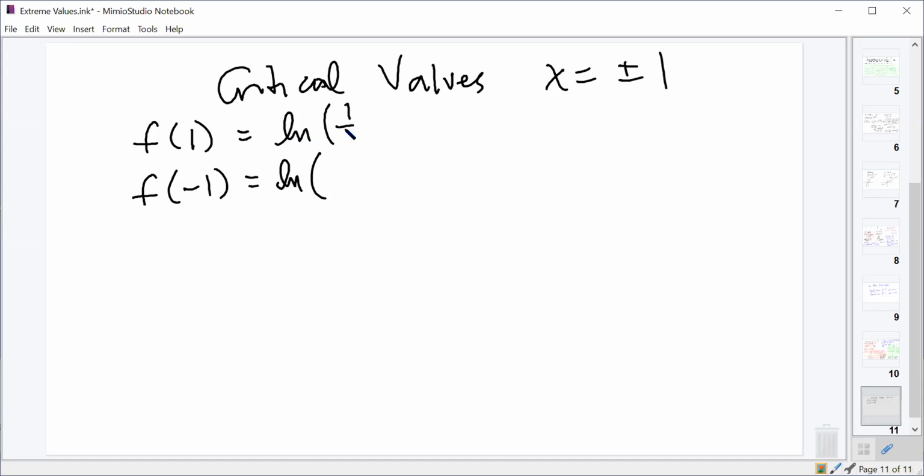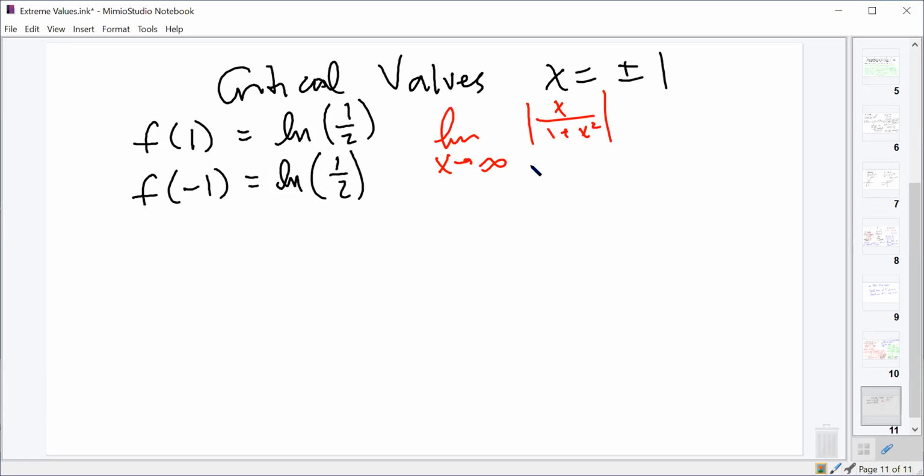Natural log of 1/2. Natural log of a half, and same with -1, right? It ends up being natural log of a half also. So these are either absolute maxes, or they are absolute mins, or they are local maxes or local mins, but we're not going to have one of each. And so let's do the same thing we did before by looking at the limits as x approaches infinity and -infinity of our function. So the limit as x approaches infinity of absolute value of x over 1 plus x